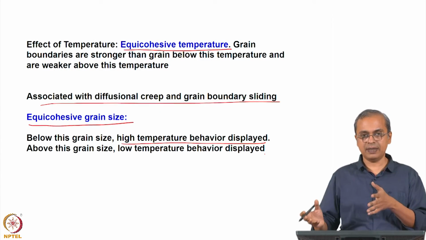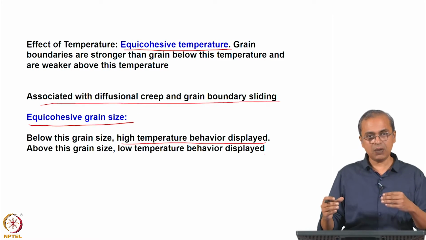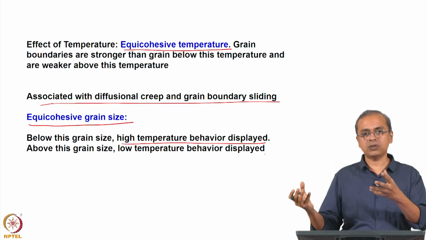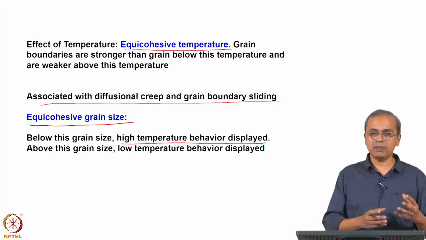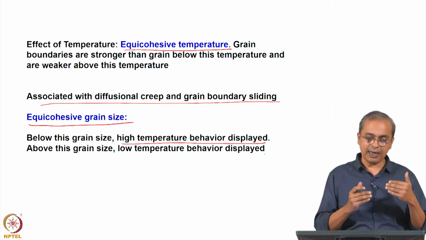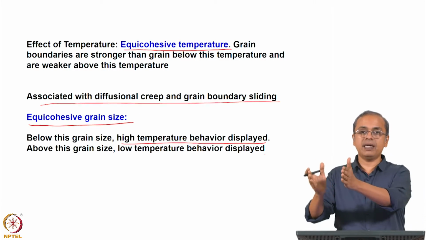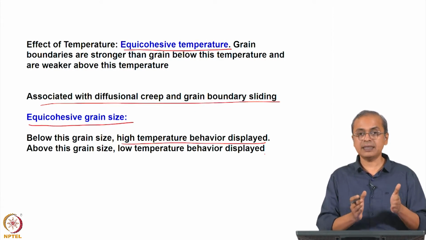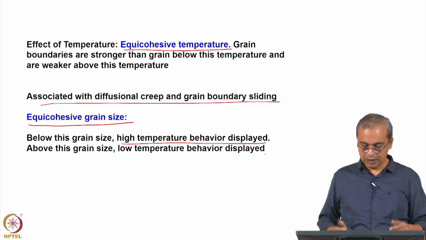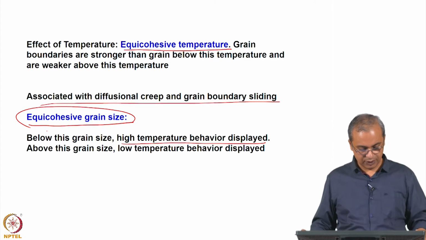So, at high temperature grain boundary is weaker than the grain, and so having a large number of grain boundaries makes the material weaker, but this is now happening simply because the grain size is very small. At very small grain size it is showing behavior as though it is at high temperature. At large grain size it is showing behavior as though it is at low temperature. So, you can think of equicohesive grain size as a concept where at grain sizes smaller than this the material shows behavior similar to what it would display at high temperature, and at grain sizes larger than this it shows behavior similar to what this material would show at room temperature or thereabouts. So, this is the idea that is nicely brought out by the level of thought and study of this